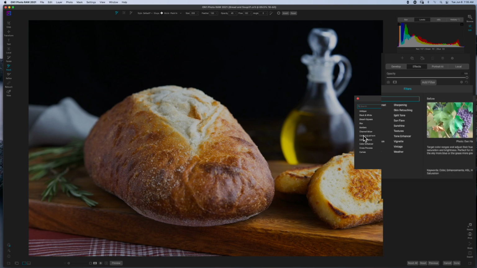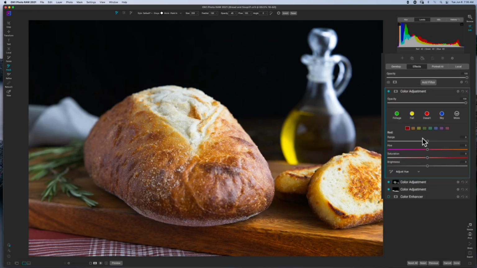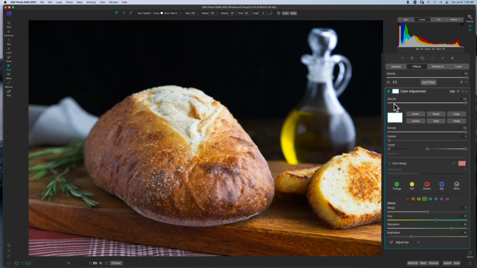And then maybe I'll do another adjustment here for the greens in the photo. So I'll click color adjustment, and I'll go to my green channel. This time I'm just going to move the saturation, and I want those to be a little bit darker, and maybe even move them. No, yeah, we'll move them a little bit this direction. All right, so same thing, I'm going to mask this in again, invert it,